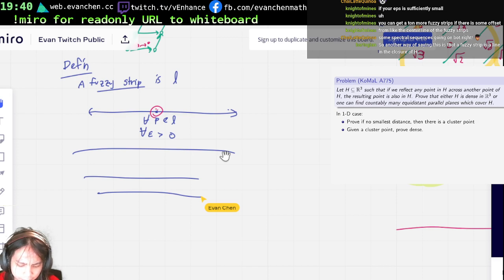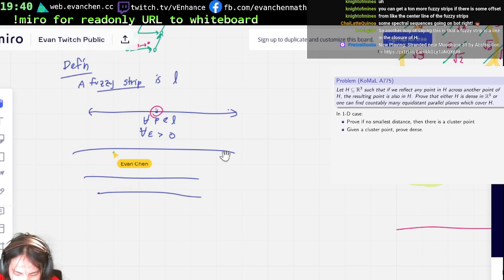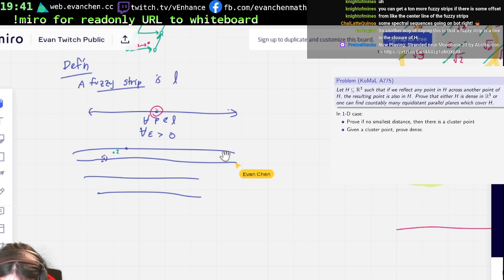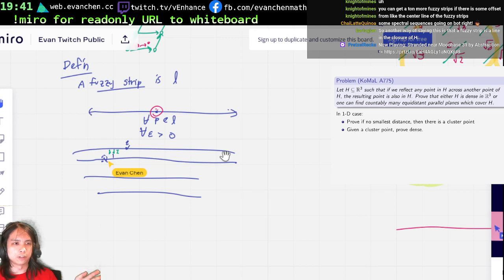Yeah, because as you said, if there are points off the line that are close, then by reflecting this point across like that, you should be able to get another fuzzy strip in this general direction. The epsilon might change is the thing that's dicey, I think. So if I'm delta here, and there's... no, actually the epsilon doesn't even change. So if epsilon here, now I have a fuzzy strip that's 2 delta away with epsilon. So I think in this way, if you have fuzzy strips that are all parallel,